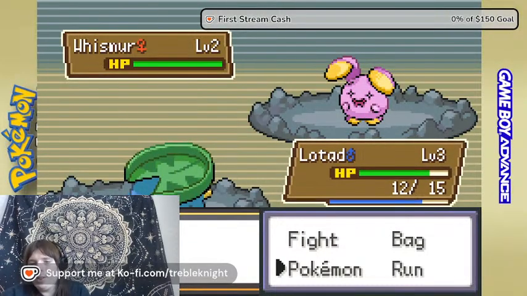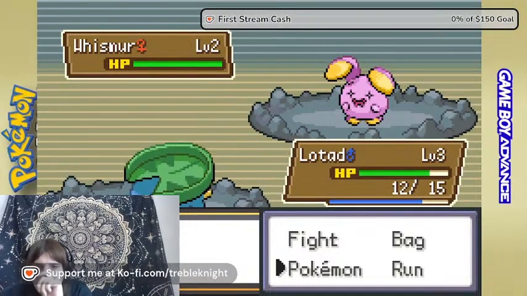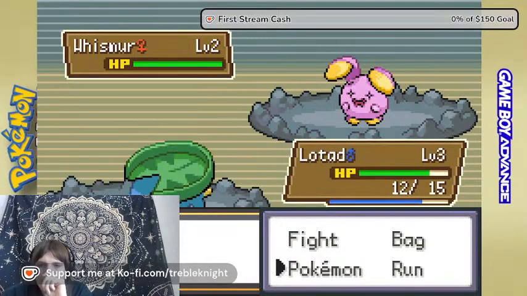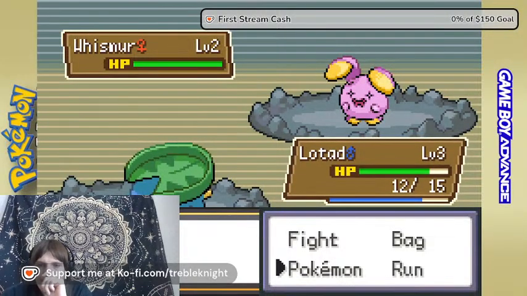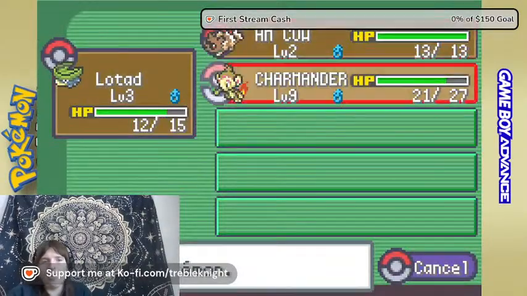So you don't know if you're an ISFJ or an INTJ? Let's go with, I'm gonna try to help Leafeon here first. Yeah, that's Whismer. Unfortunately, Lotad is not going to be able to battle him.